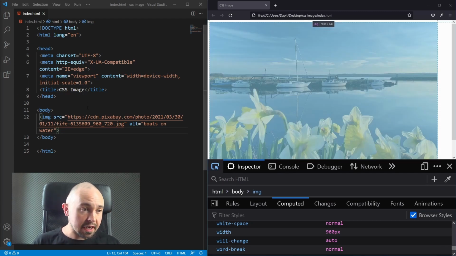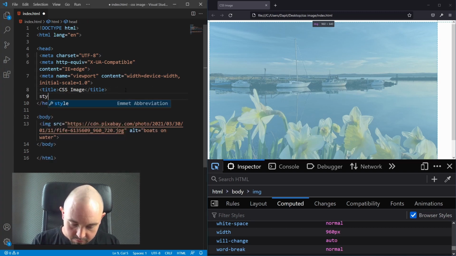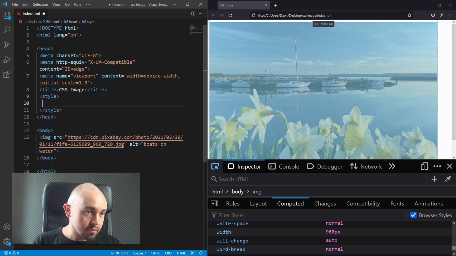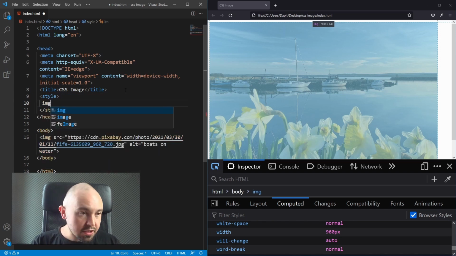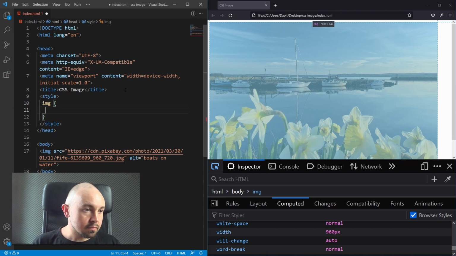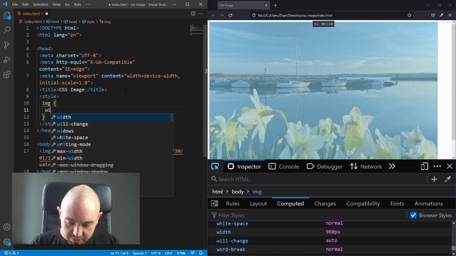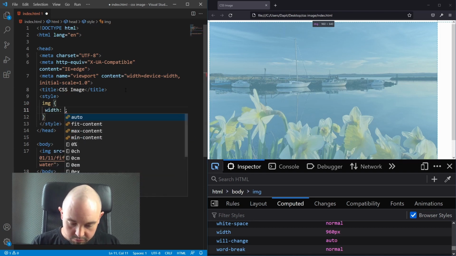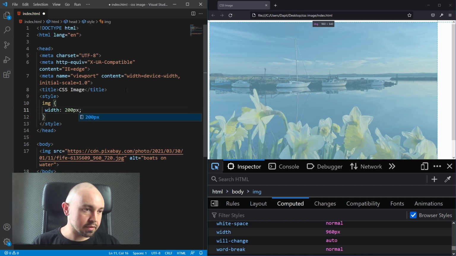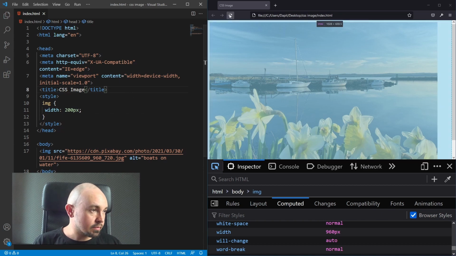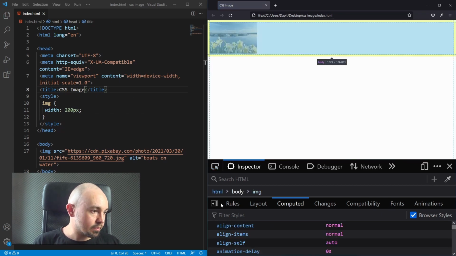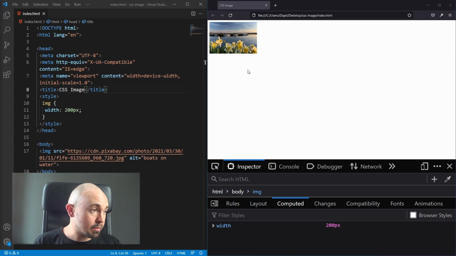Now let's create a style tag in our project. Let's make a rule for our img tag. And let's set its width to 200 pixels. Let's save it. Let's refresh the page. And voila. Now you can see that our image has its width set to 200 pixels, which we can see